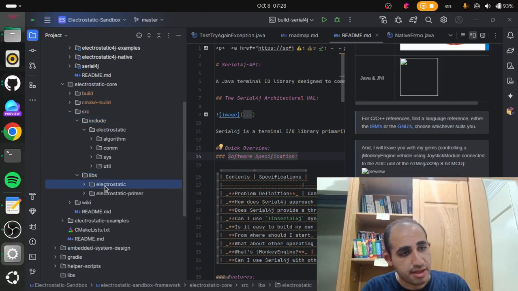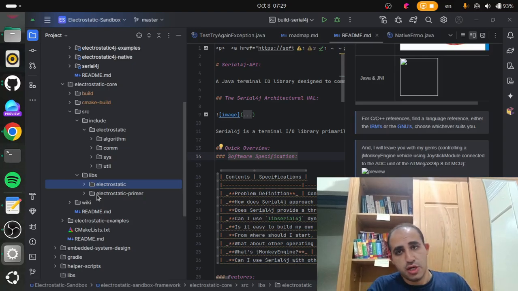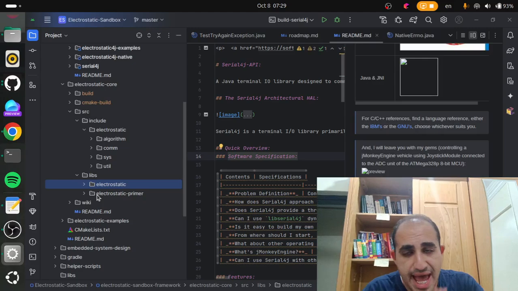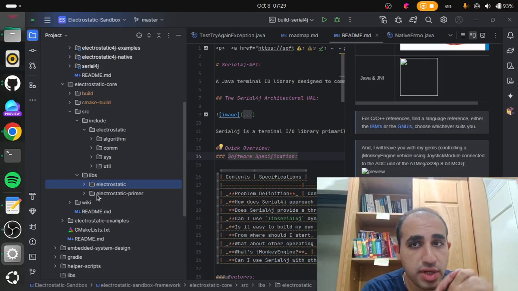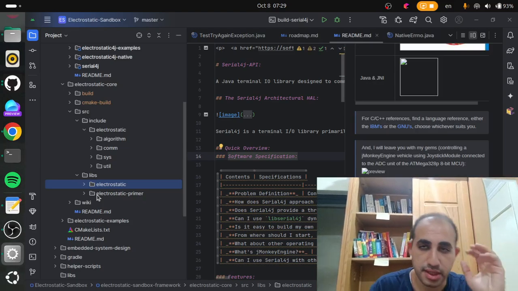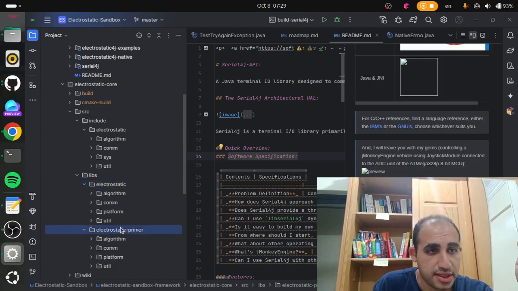That's the part that I talked about in the previous video. We have the electrostatic and the electrostatic primer, right? The primer is a minimal viable product that we will use to fire our project, and it will include the early released libraries, while the long-term support, the LTS, will be included in the electrostatic, and that's the production route, or the production package. And this will be the early released package, right? We are now working on the early release